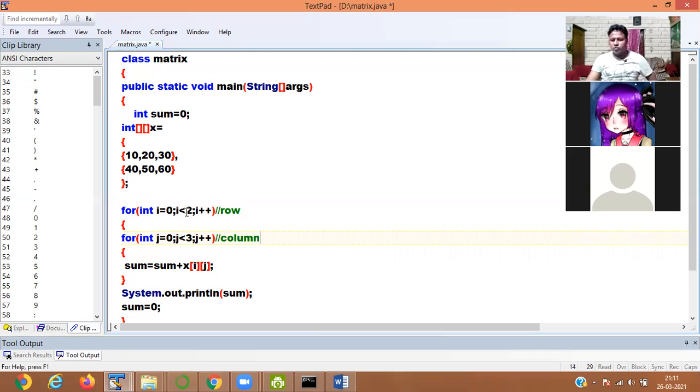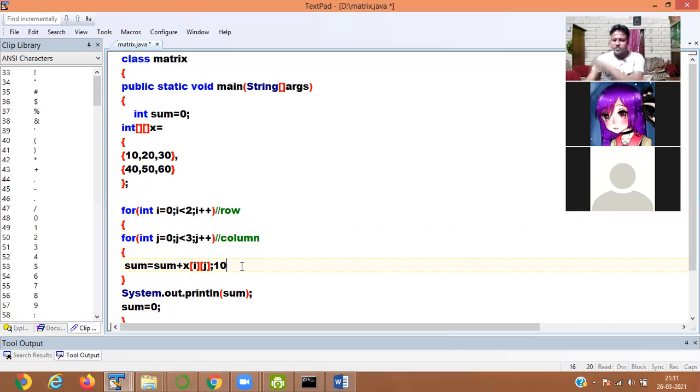So 0 less than 2, condition is true. When condition is true, it is coming to the inner loop. In inner loop, j is equal to 0. 0 is less than 3, condition is true. Now it is coming to this part. The sum is 0, x i0 j0. i0 j0 is 10.